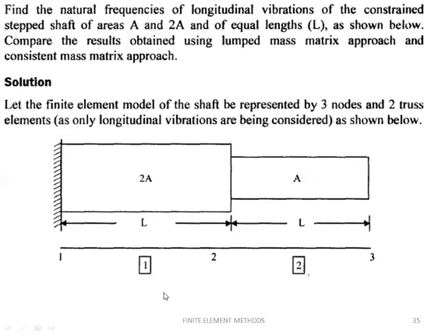Similarly, with two elements, we need to find the first element mass matrix and the second element mass matrix. Once you have found them, you should combine the element 1 mass matrix and element 2 mass matrix to get the global mass matrix. Let us solve for the mass matrix in the lumped mass matrix approach as well as the consistent mass matrix approach. So here first we look